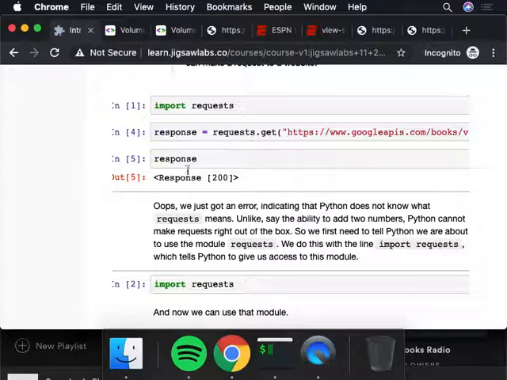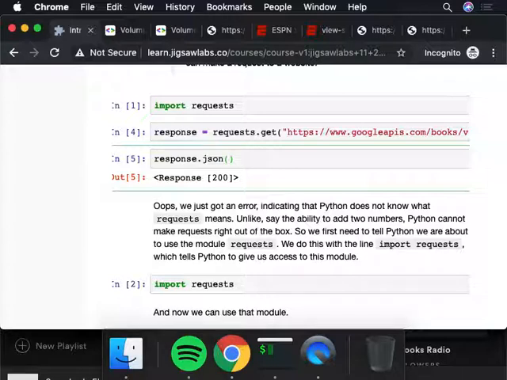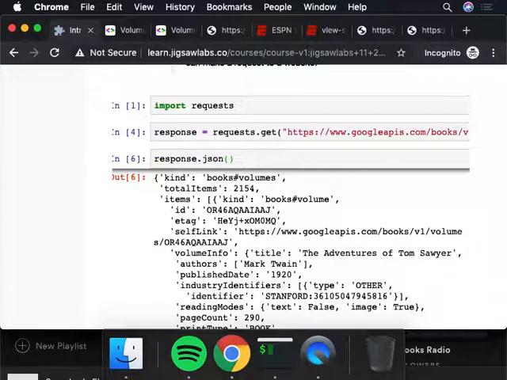The next thing I'm going to do now is .json. So .json, beginning parentheses, closing parentheses. What about the status code? Oh, that's great, that's another one. So there are different questions we can answer. Ask for this response: status code is one of them, and give me the JSON back is another. Both are valid questions. So just do response.json, and then I'm just going to press Shift Enter.